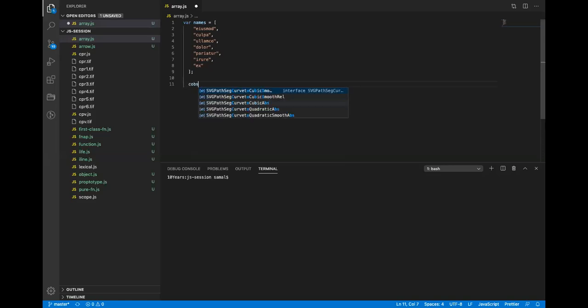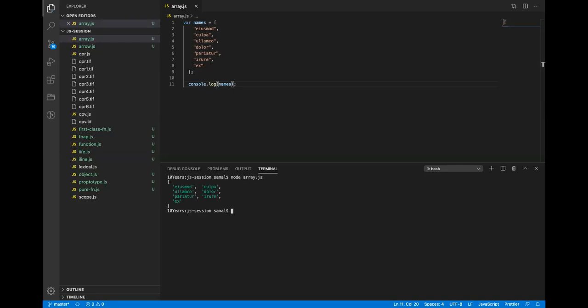So I'll just do a console log here first, just to give you the output. I'll just say names. Concept wise, I already covered it, so I'm just showing you how to use it. Right. So this is an array, and you can write an array in any way. The space doesn't really matter here.